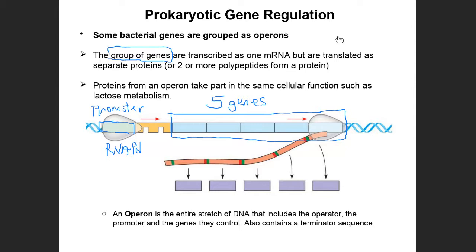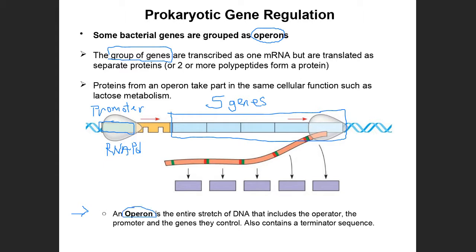So what scientists discovered is that in some prokaryotes, such as the bacterium E. coli, you can find a cluster or a group of genes side by side, downstream of a single promoter. When you find that arrangement, they refer to that arrangement as an operon. And I have it down here. An operon